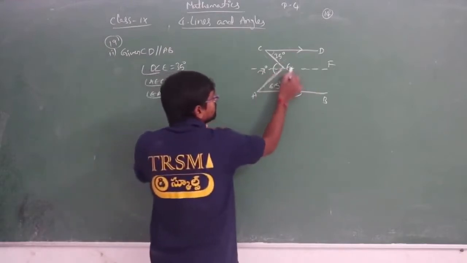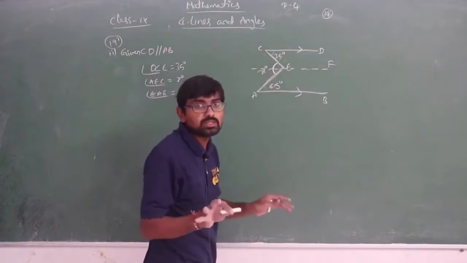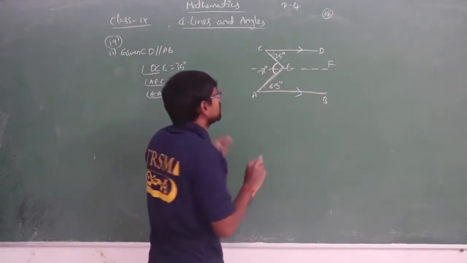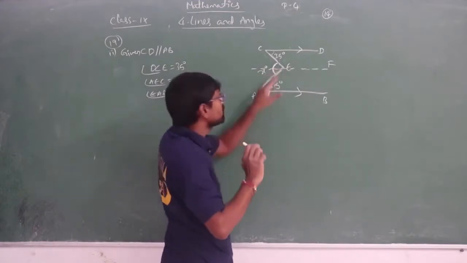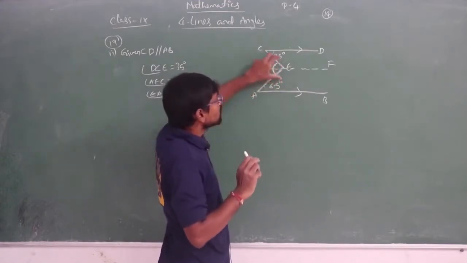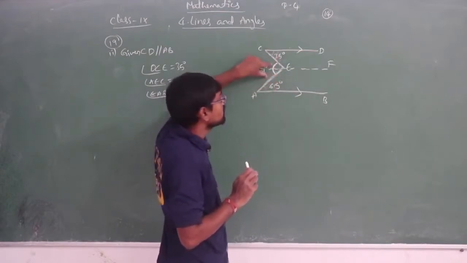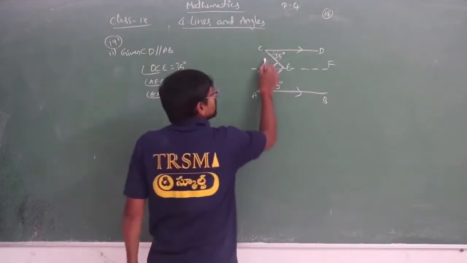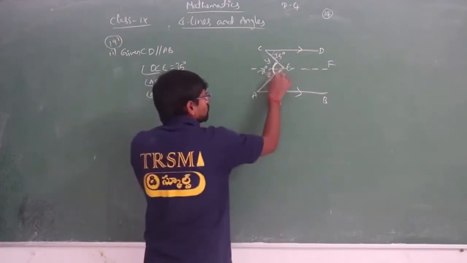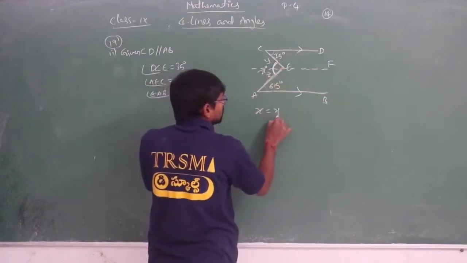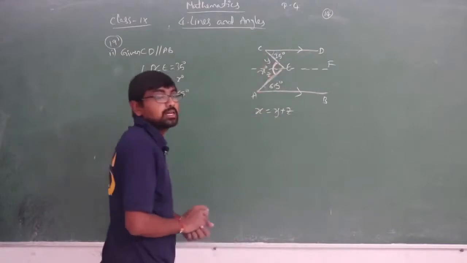Now coming to the part, this x is divided into two parts which are not equal, isn't it? We did this in the previous question. These two parts are not equal, they are a little bit different. Why? Because these angles are different. So let me take this part as y and this part as z. So I am converting x in terms of y plus z. If I add y plus z, then again I will get x.